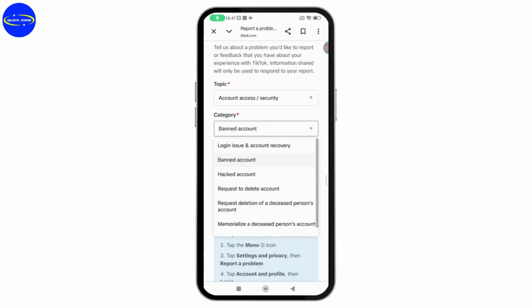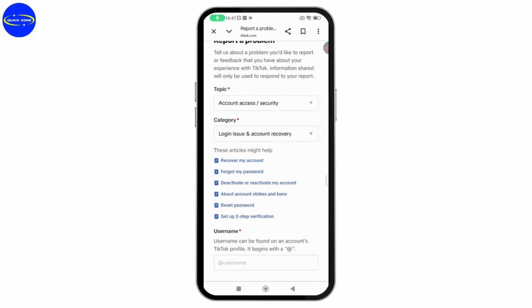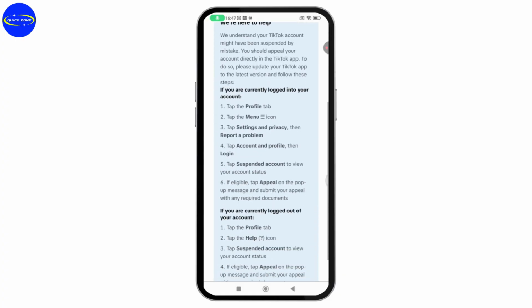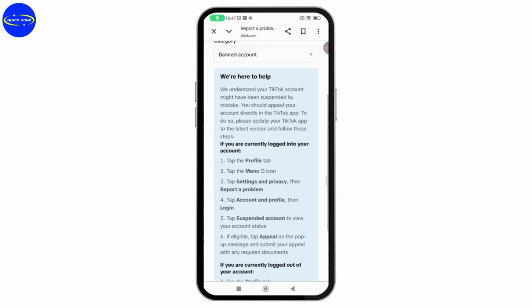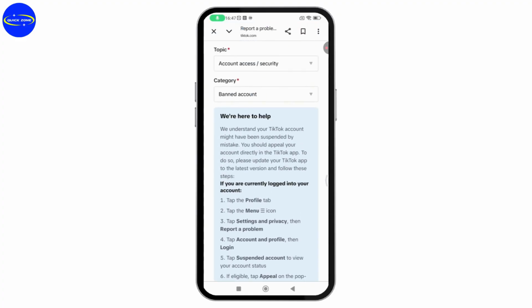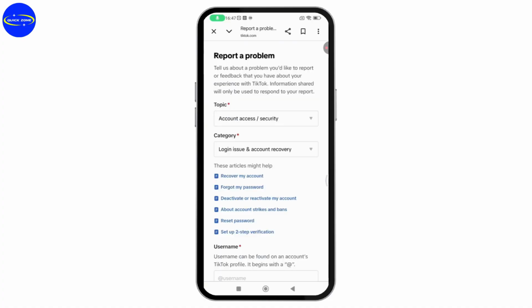But if you want to recover your hacked account or a suspended account, then you can click on recover account. After that, you will have some process that TikTok will guide you on how you can recover your account. So even after using that process, if you're not being able to recover your account, like here you will have some steps, right? So even after following this method, if you're not being able to recover your account, then you just need to simply scroll down